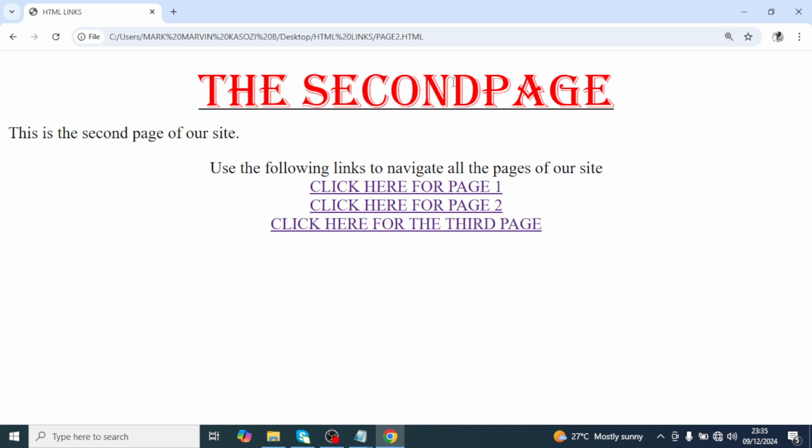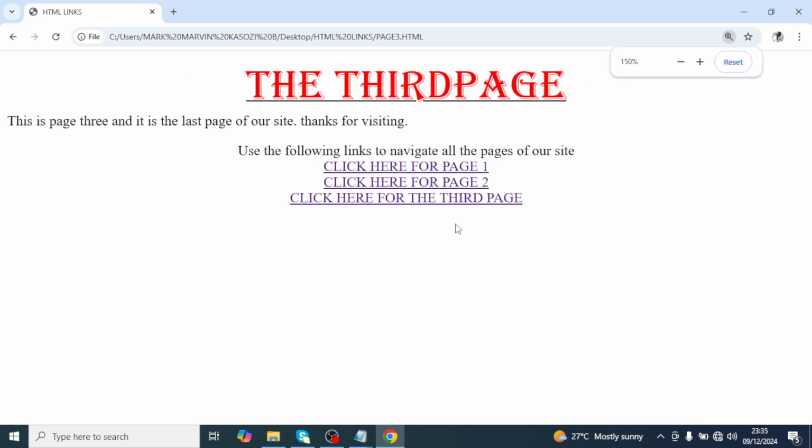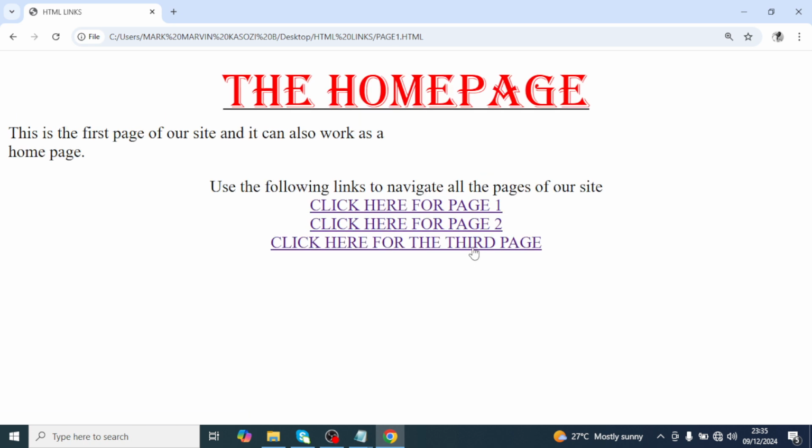Page 2 is the second page. And if I click at page 3, wow, you see page 3 also has the links. Click here for the third page. So if I click here, I'm already in page 3. If I want to go back to page 1, I'm going to click here. So that is how you can put links in